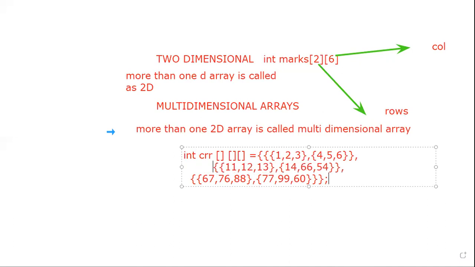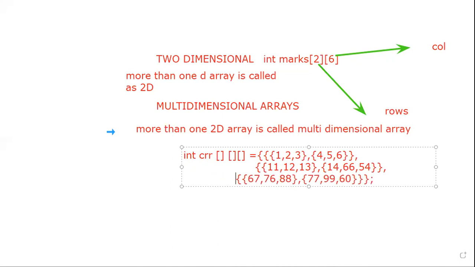This is the outline of multi-dimensional arrays. So here, total how many elements? My array size is total 3.